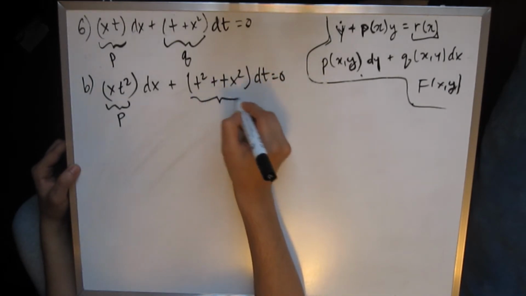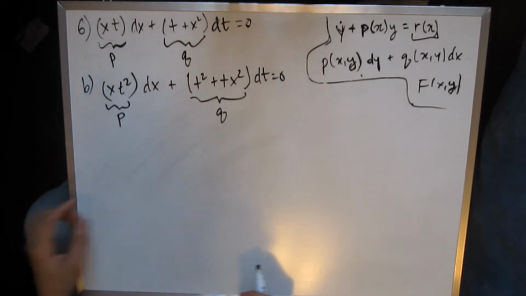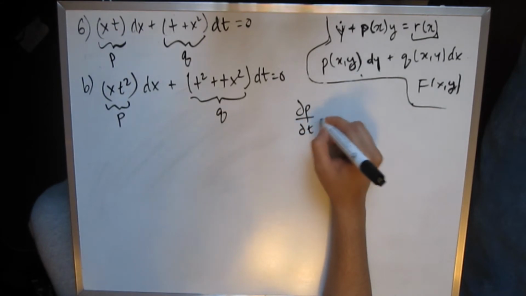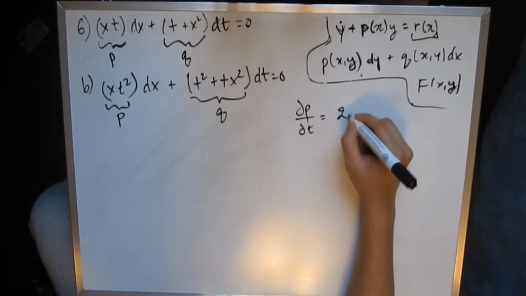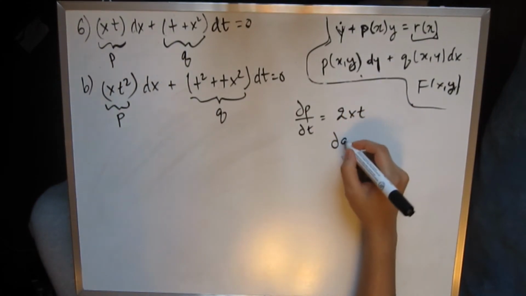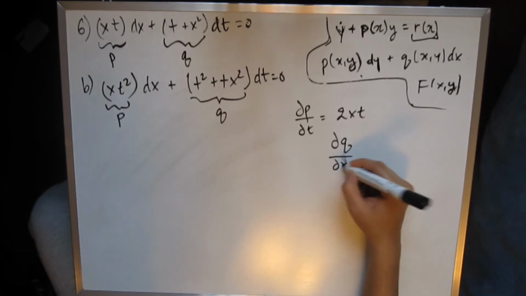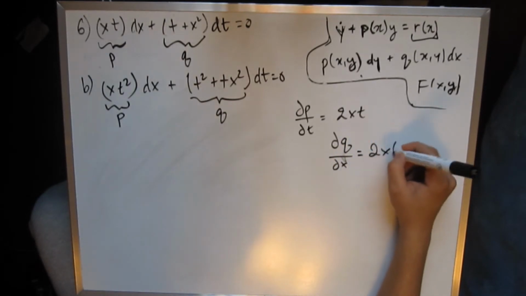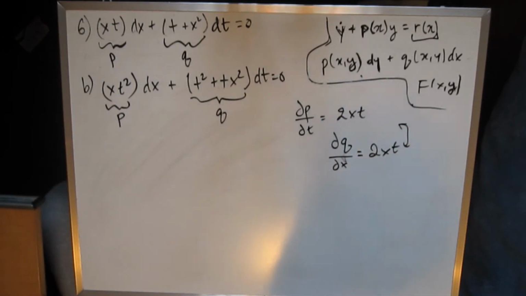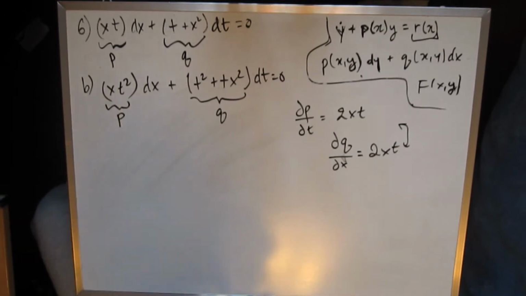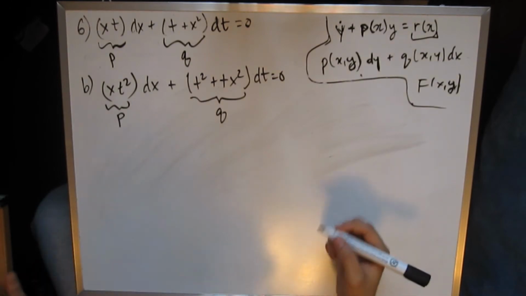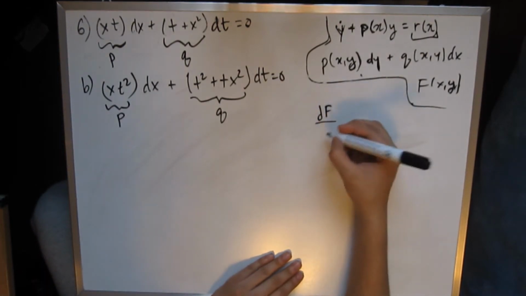And that's our Q. So now the test for exactness: the derivative of P with respect to t is equal to 2xt, and the derivative of Q with respect to x is equal to 2xt. And as you can see, they're equal, so a function f of x, t does exist, so we can continue solving this equation. All we really need is the two main properties, which is the derivative of f with respect to